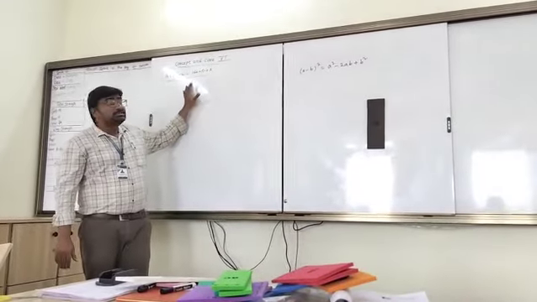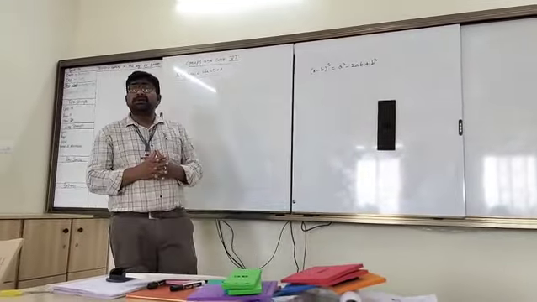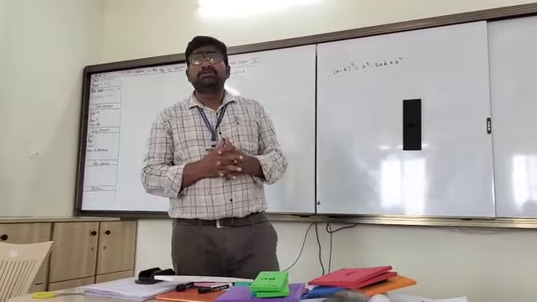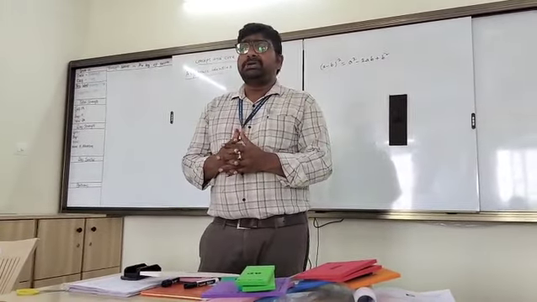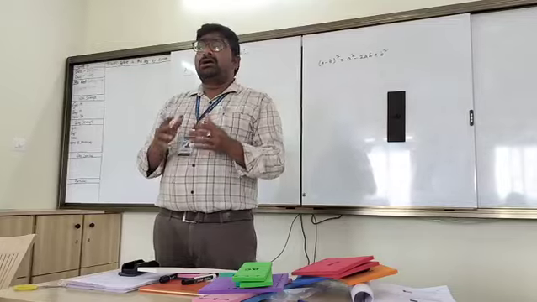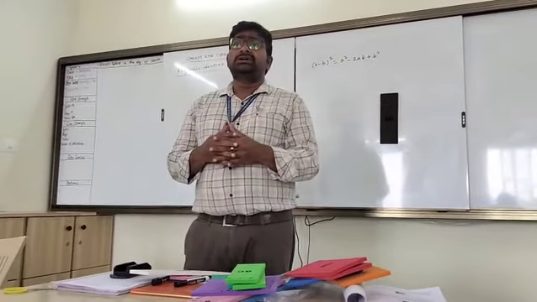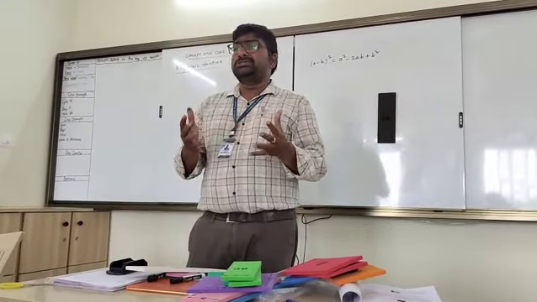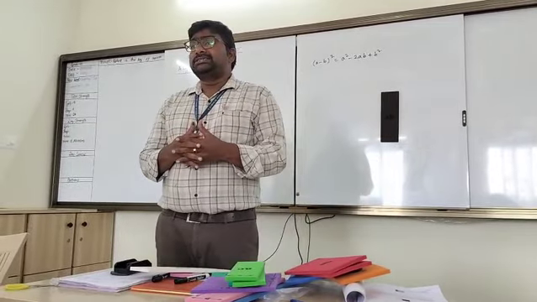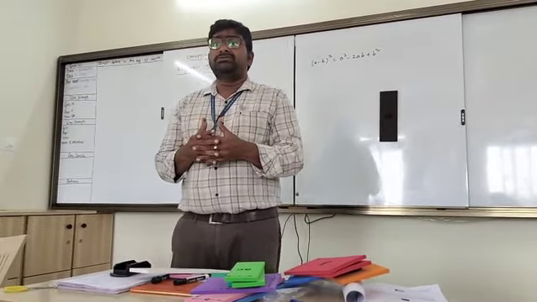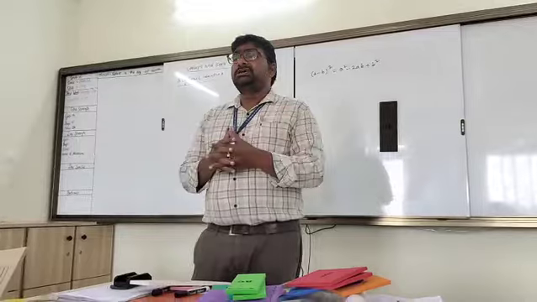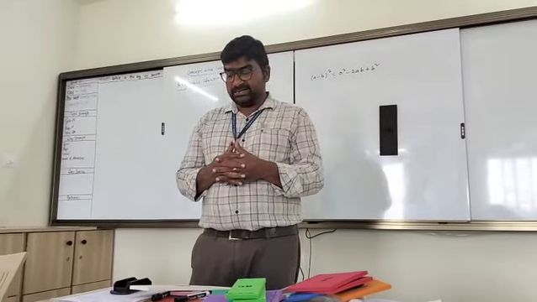Here we are going to start algebraic identities. What is meant by algebraic identity? An algebraic identity is an algebraic equation which is satisfied by all real values on both sides. So the LHS and RHS are always equal for the given values. Such equations we call identities.